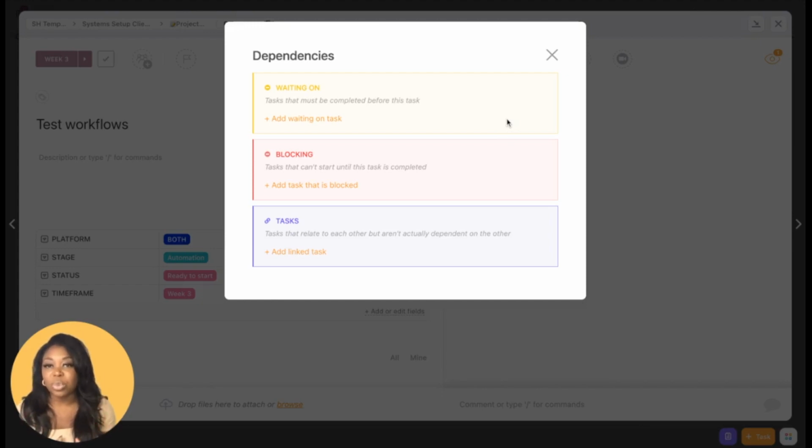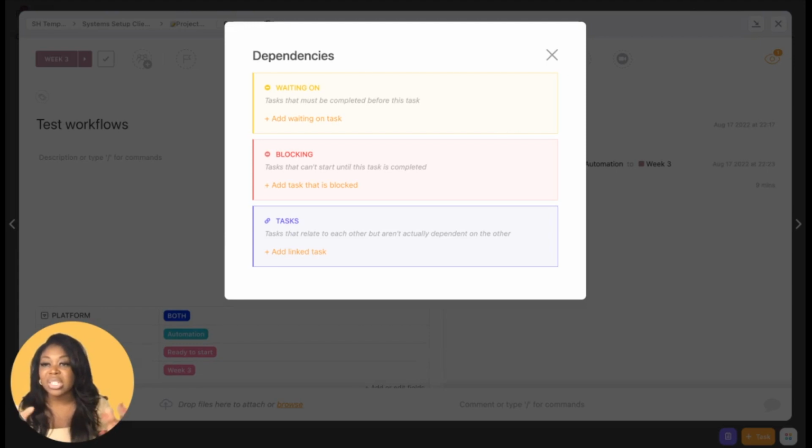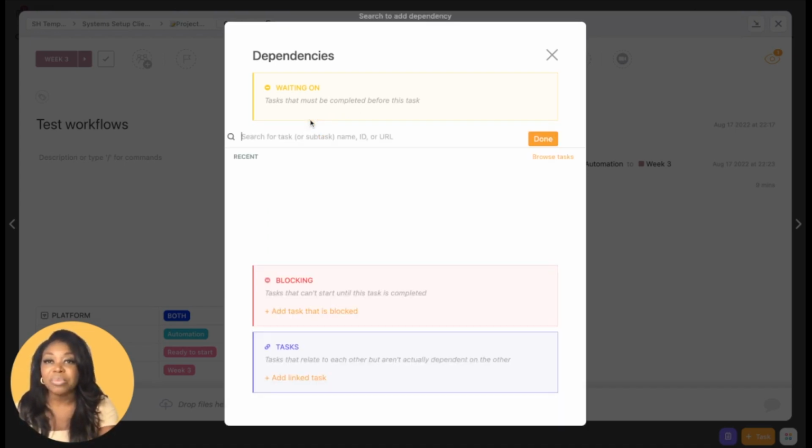Now we've got 3 different options. So we can have a dependency where that task is waiting on. So this is waiting on other tasks to be completed before we move forward. Or this can be a task that will block other tasks from actually doing the work. In this scenario, what I want to do is this task cannot be started until the other tasks are completed. So we're actually waiting on other tasks to be completed. So I'm going to add waiting